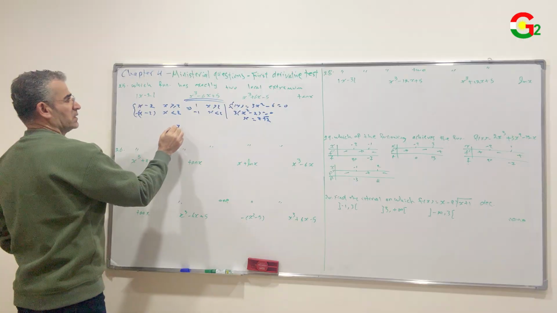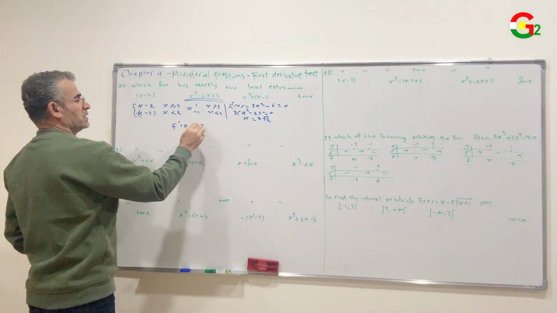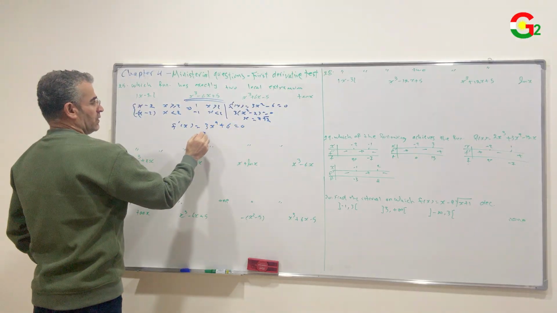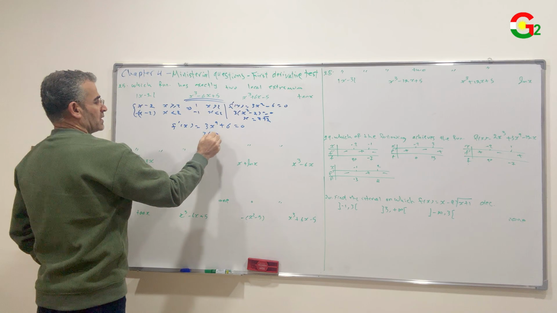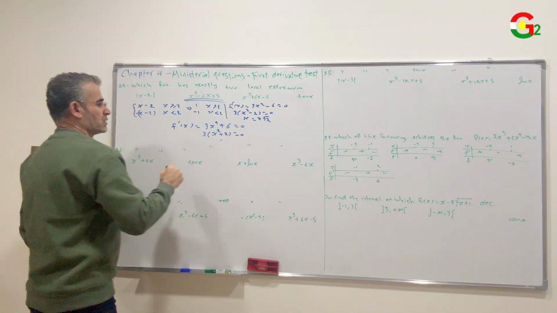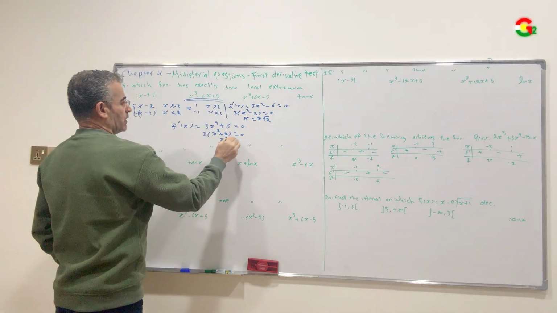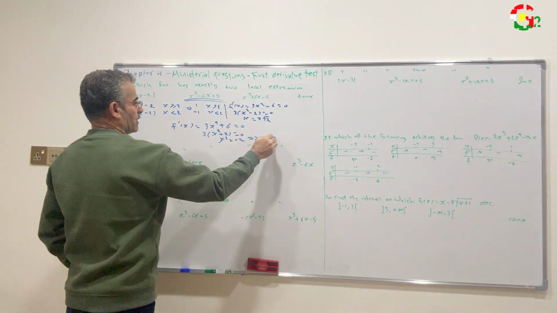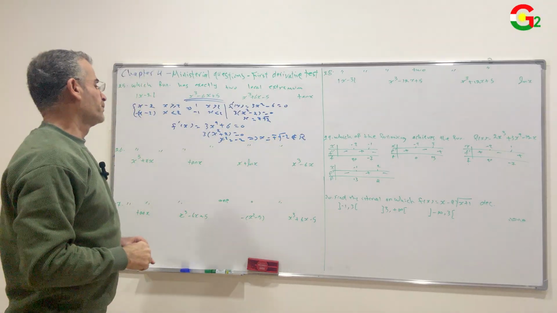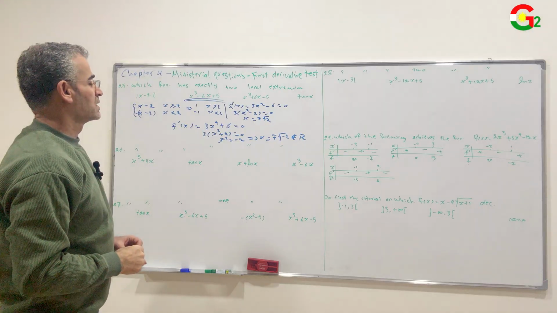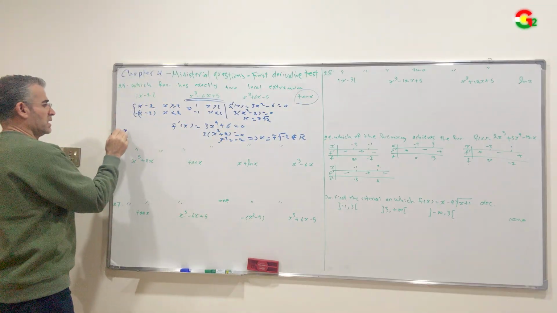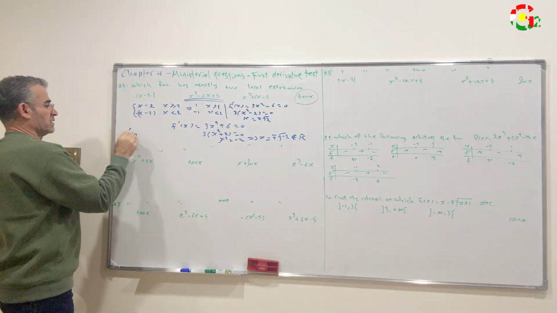For the third function, the derivative of the function is 3x power 2 plus 6, set it equal to 0, factorize by 3, x power 2 plus 2 equals 0, x power 2 equals -2, and x equals plus or minus square root of -2, not a real number. This function has no local extremum point. Also, tan x has no local extremum point since the derivative of this function is